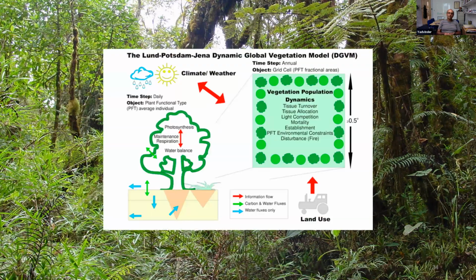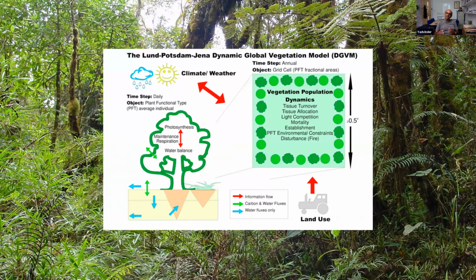And here's one example of such a computational model amongst the more sophisticated models. It's the LPJ Dynamic Global Vegetation Model, and it incorporates a whole range of processes such as photosynthesis and ecophysiology. It has population dynamics, mortality, plant functional types, disturbance. So it's quite a complicated and sophisticated model, but it's still simple compared to the real complexity of the real